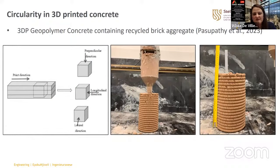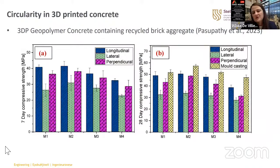Compressive strengths were tested in 3 different directions, and then also columns were printed to investigate the buildability of this geopolymer concrete mix. And the buildability also presented very well. Again, concentrating on the mechanical results, on the left, 7-day compressive strength, and on the right, 28-day compressive strength. And as we would expect, slightly different strengths for the different directions due to the nature of the additive manufacturing in layers, but overall still very encouraging results for these compressive strengths with the recycled brick aggregate included in the